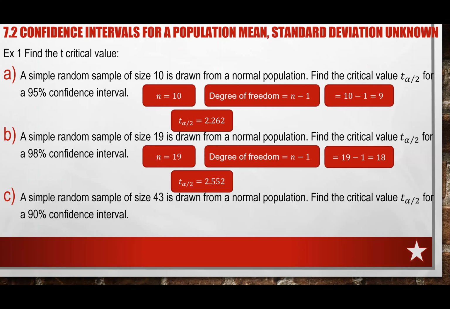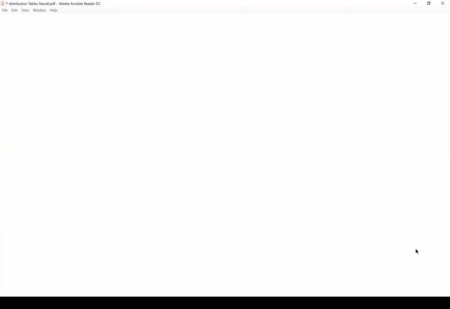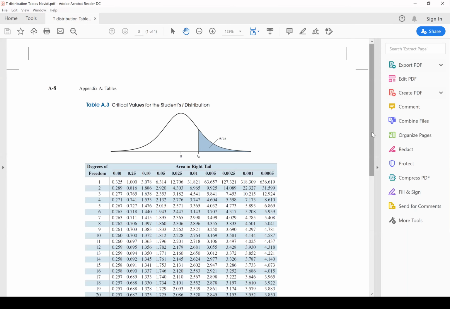2.552. And similarly, the last one we have is a sample size of 43 and we need to find a critical value for a 90% confidence interval. So looking at this, we know that the degree of freedom, which is 43 minus 1, gives me 42. And one thing, ladies and gentlemen, one small obstacle we have is, if you look at this table,